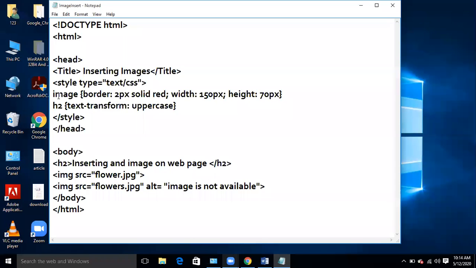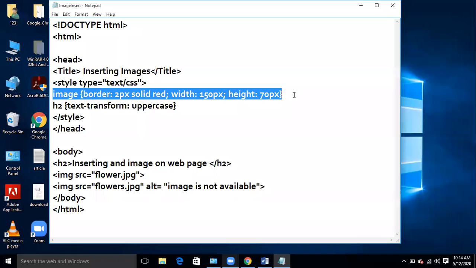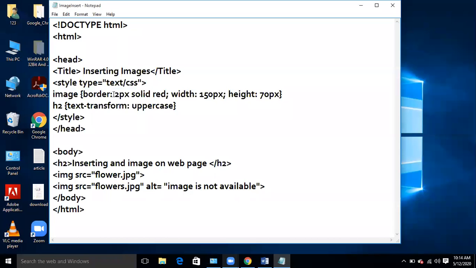In the head, we are mentioning the property of image. We are going to insert images in our document. That image will consist of border 2 points. Px, what is meant by px? Px means pixels. Its border will be 2 pixel, solid red. Its width will be 150 pixel. Its height will be